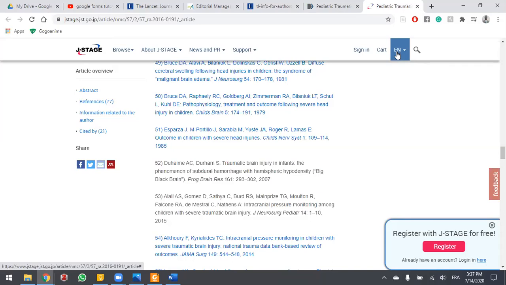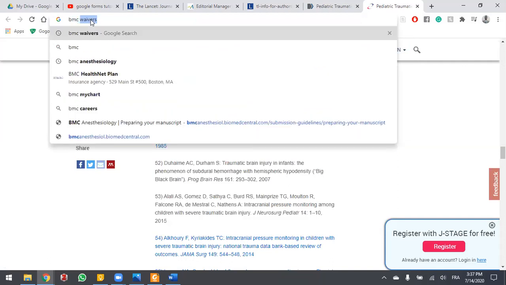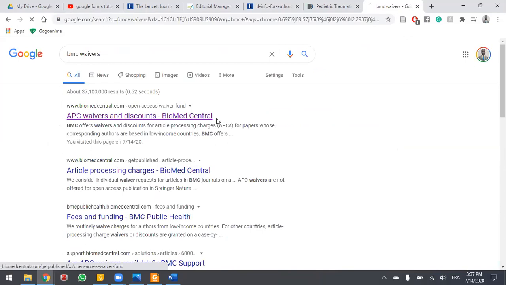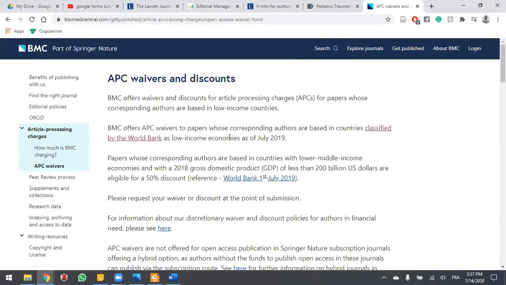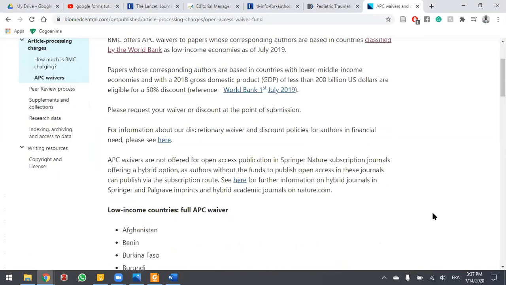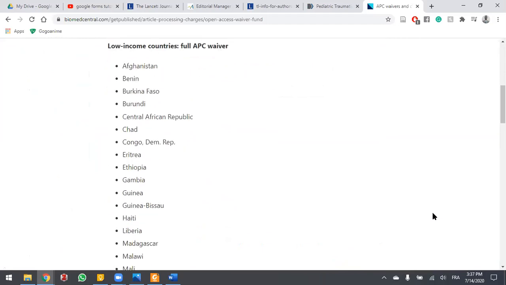Fortunately, a lot of journals that do open access only have waivers. An example is BMC. Let me show you BMC. So BMC has waivers, and what you will notice is BMC has classified countries into two.